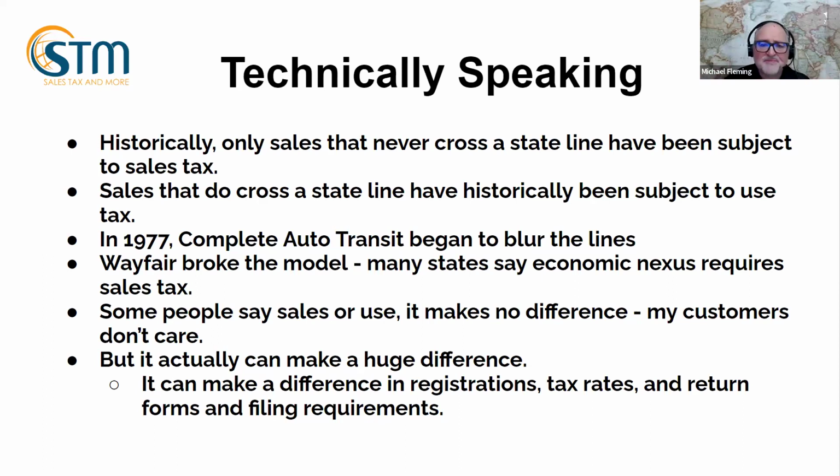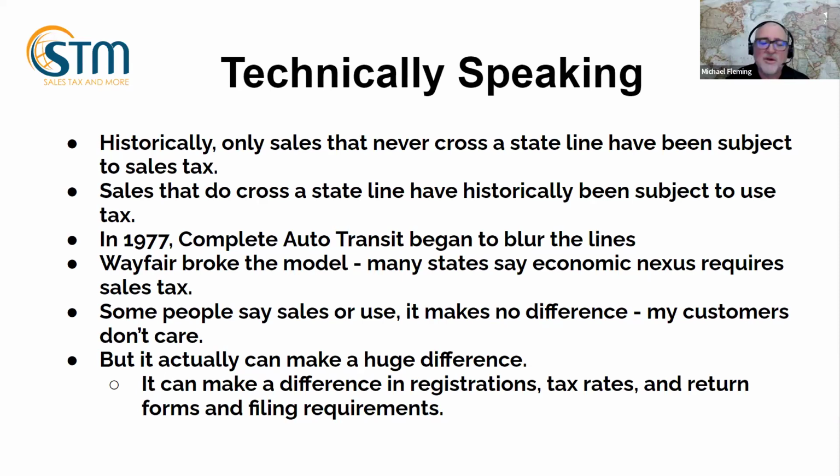And at that point, we started to see a blurring of the lines between sales and use taxes. And some states did away with the seller's use tax. They just lumped them together, like Pennsylvania will say sales, use, and the hotel occupancy tax. That's what you're registering for. So they don't make a distinction. Other states, like California or Virginia or Illinois or Missouri, still made a difference.